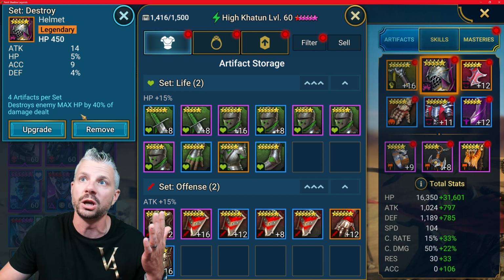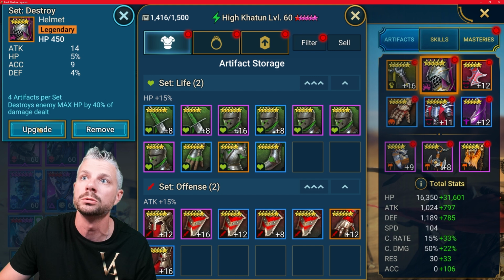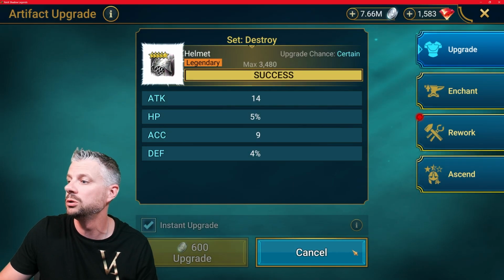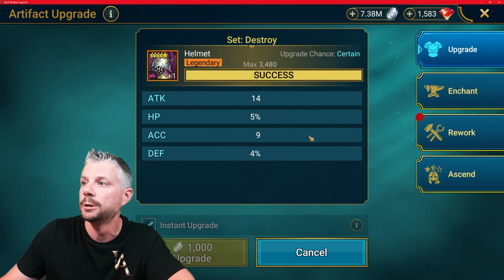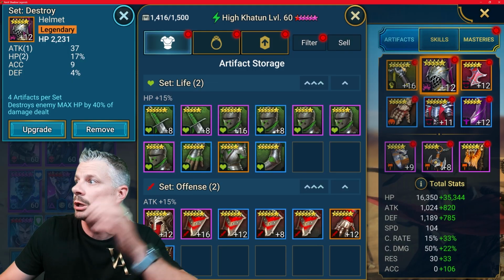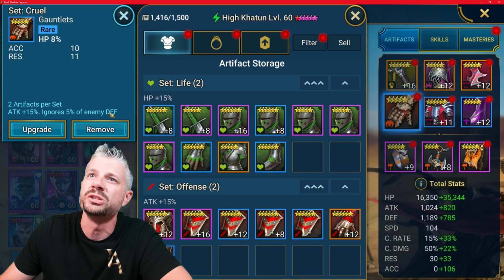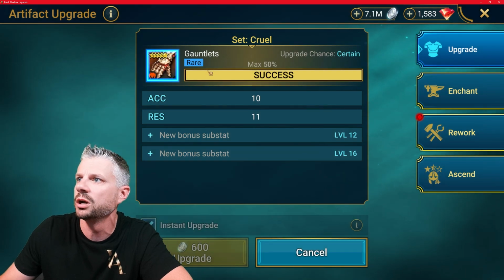I haven't even upgraded this one yet, which I should probably do. I don't know why I don't. We'll go ahead and do that real quick. I don't know why I clicked that either. Let's go to 12, see how we do. HP. Okay, whatever. I'll worry about that later. Oh, gloves too. Man, this is bad. Nobody look at this. I swear...